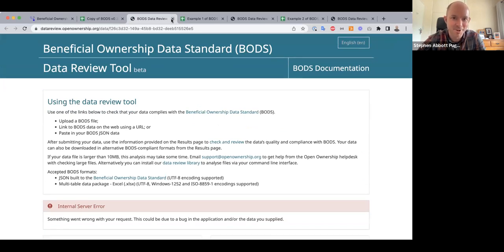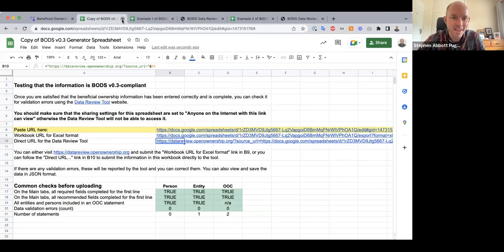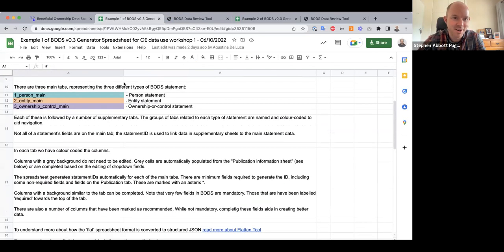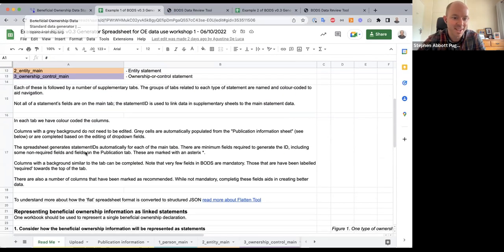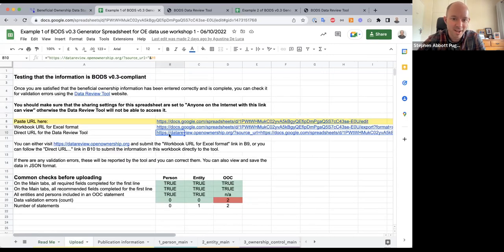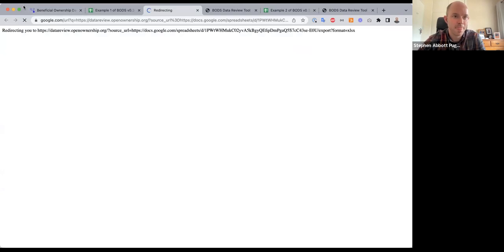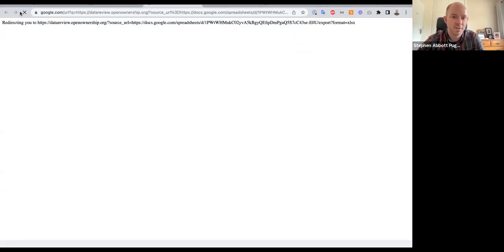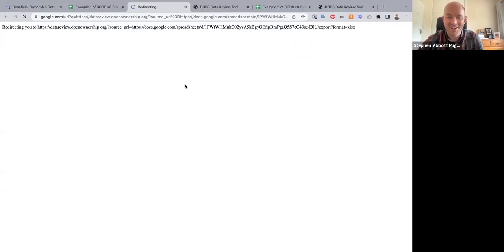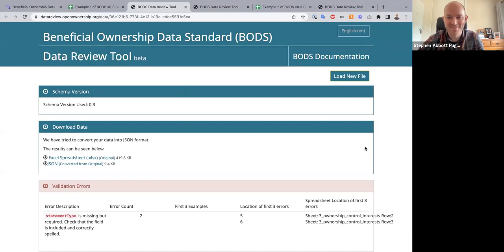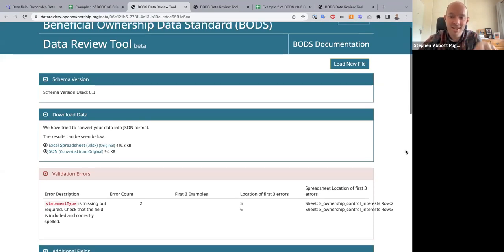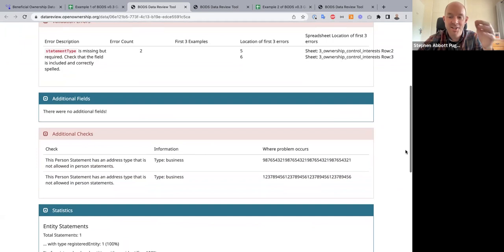Why is that saying something's wrong? Let me show you. So I made up an example earlier on just in case something went wrong, because I want to keep things moving. So I'll try this again on here, and if I click to go to the page, I hope this one would work. Okay, brilliant. So the information that I created has been sent to what's called the BODS data review tool,